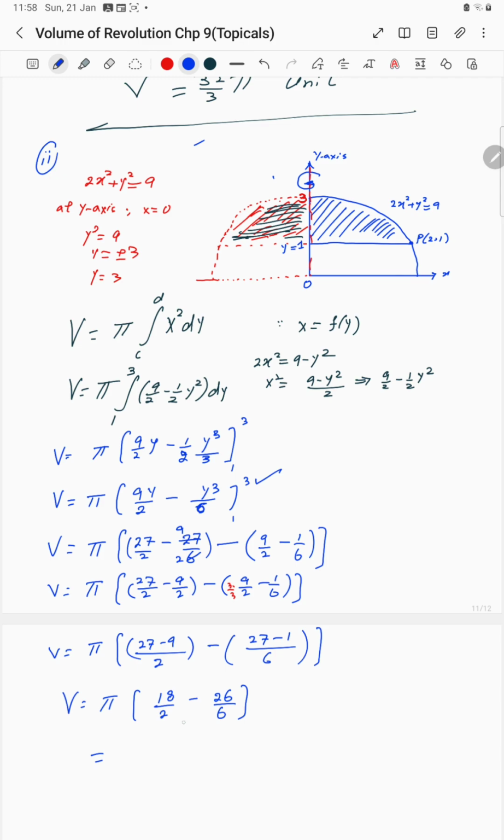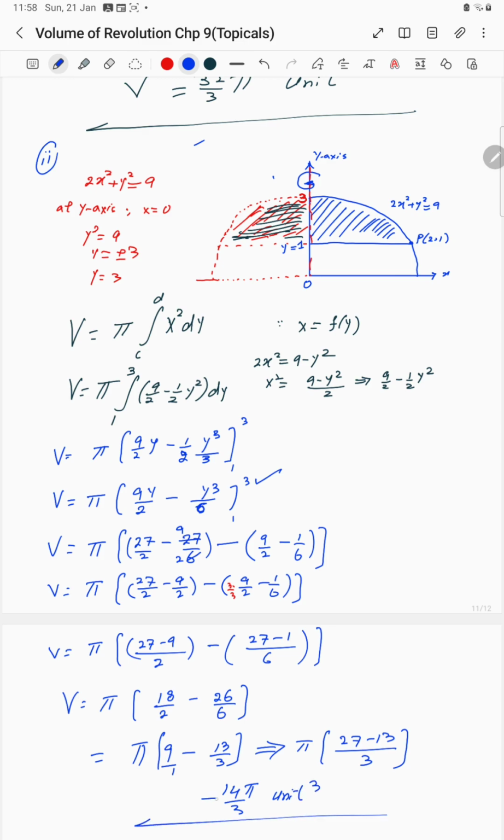Further we can write it as 9 minus 13 by 3. Pi is common, so further take the LCM. 3 is the LCM. 27 minus 13 will give you 14 pi by 3